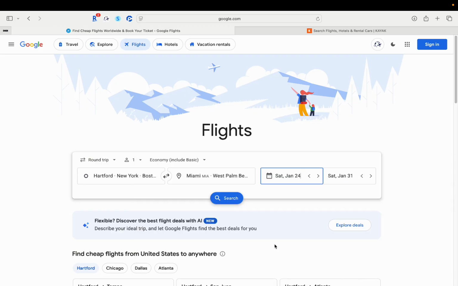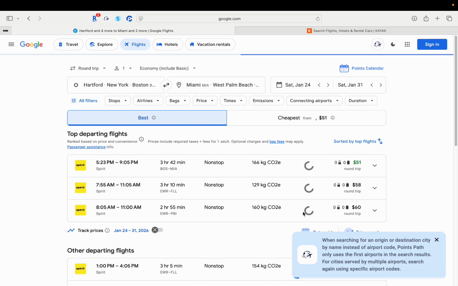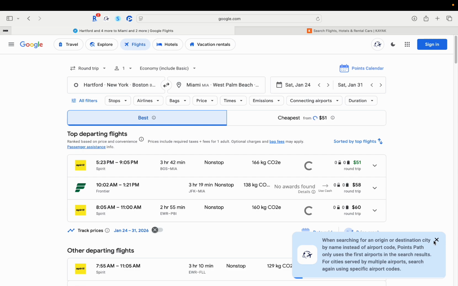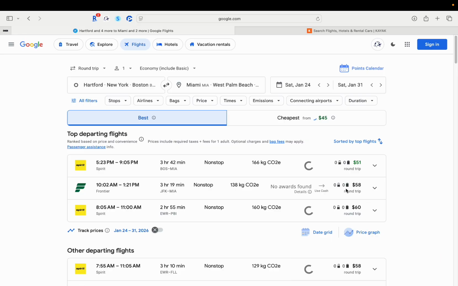All right, so you search and you're going to look at the results. Now, ignore this that's popping up here. It's because I have an extension for Points Path on my computer, and it's just pulling up available awards and points that can be used as well. All right, so it looks pretty cheap to fly to this area in January for me,